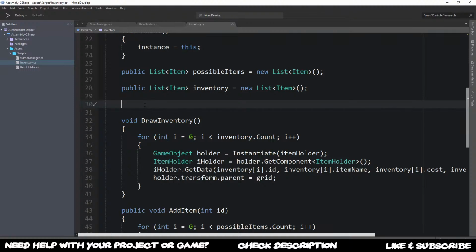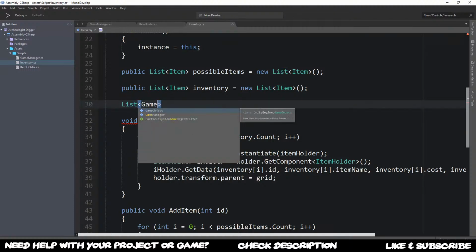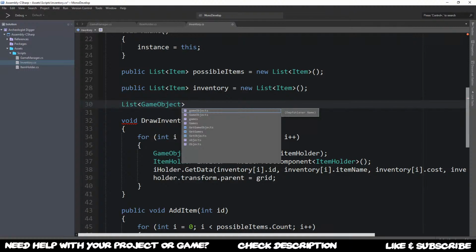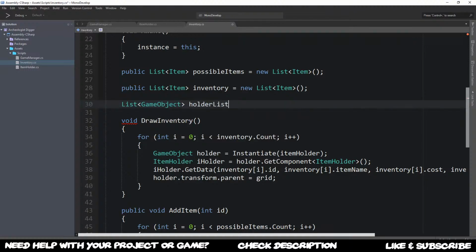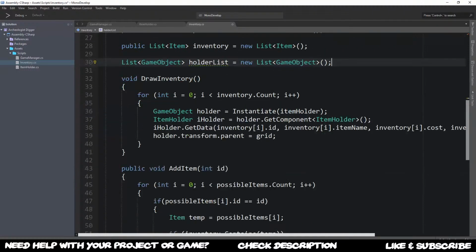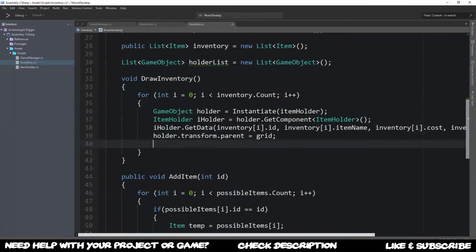So instead of doing that, we wanna have maybe another private list, so nobody knows about it. It's just a hidden one. The type is going to be a game object. It's going to be just a holder list or something in which our item holders are going to be. So later on we can just loop through them and update them, or just delete them and redraw it completely. So holder list is equal to a new list of type game object, open close parentheses, close the line with a semicolon. And before we do that, or after we are done with all of these things,